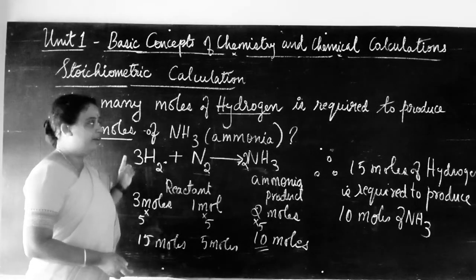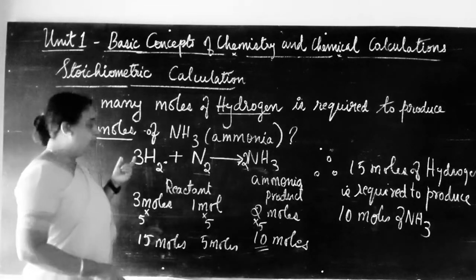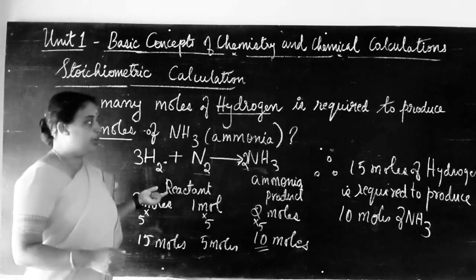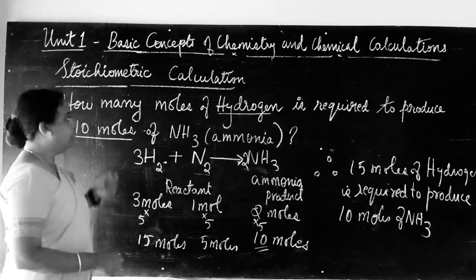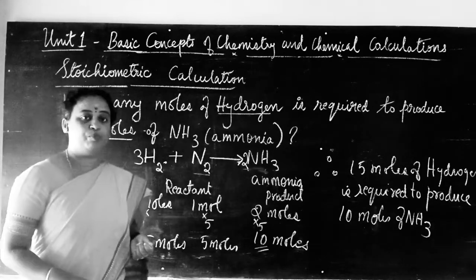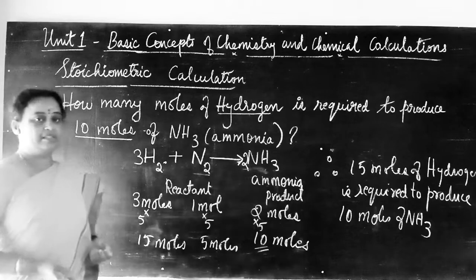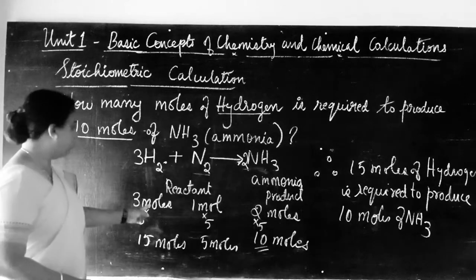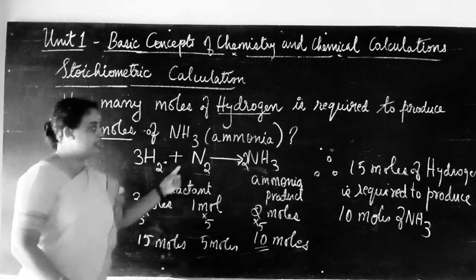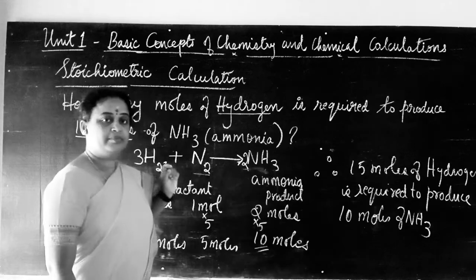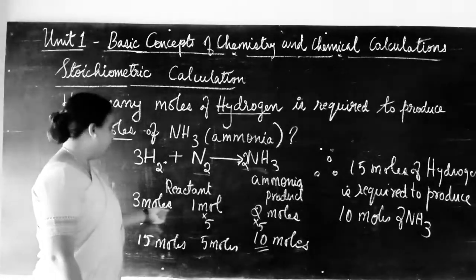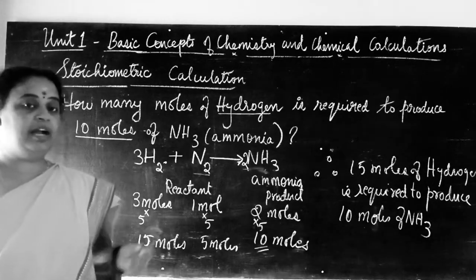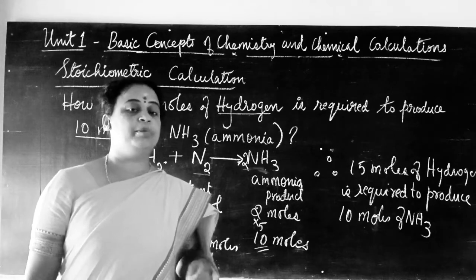First and foremost, you should read the question properly, make a chemical reaction, balance it, and for the balanced chemical reaction only, you have to do the stoichiometric calculation and find the number of moles of either the products or the reactants. Fine. So in this question, you are finding the number of moles of the reactants, because hydrogen is a reactant and nitrogen is also a reactant, whereas ammonia is a product. Got it? So this relationship regarding moles, you have to keep in your mind. Using that only we do the stoichiometric calculations.